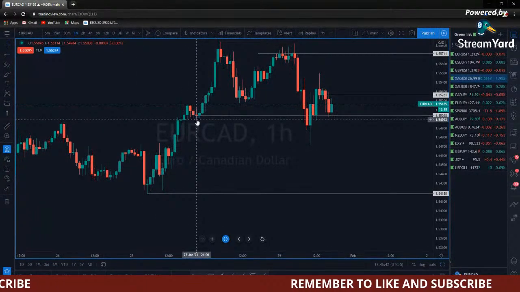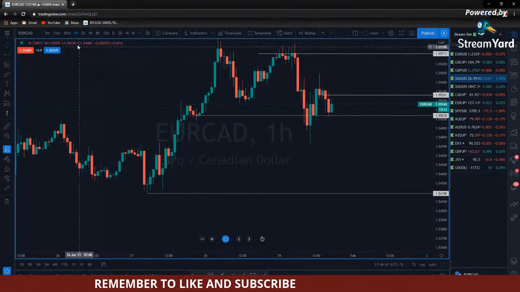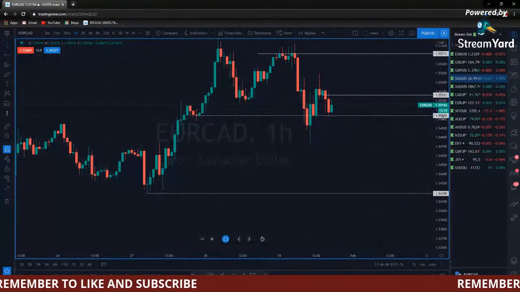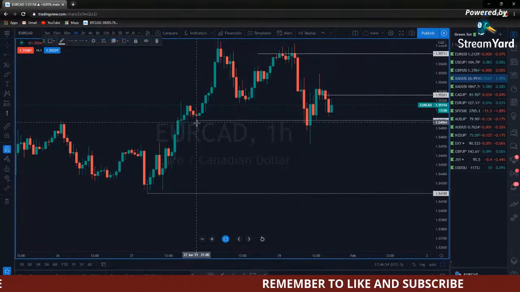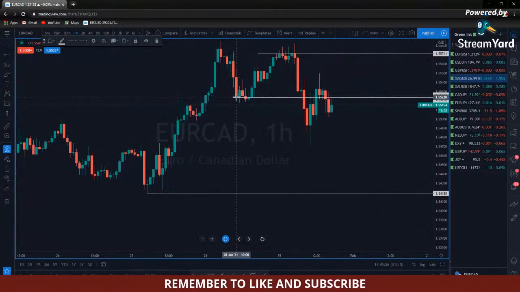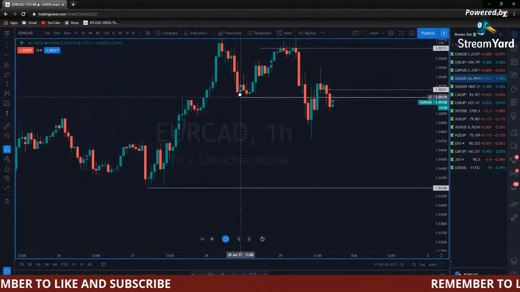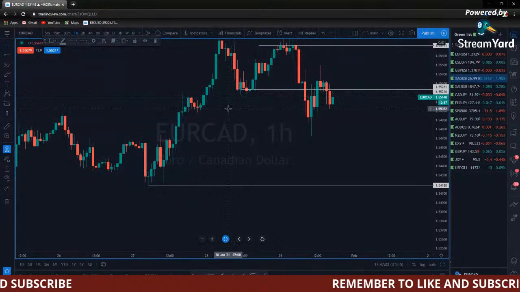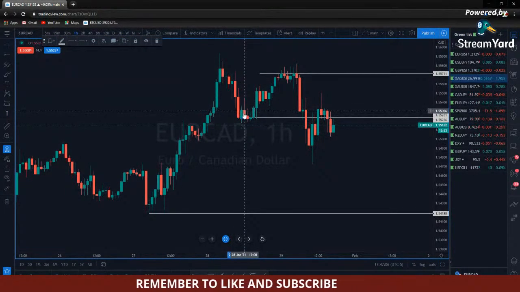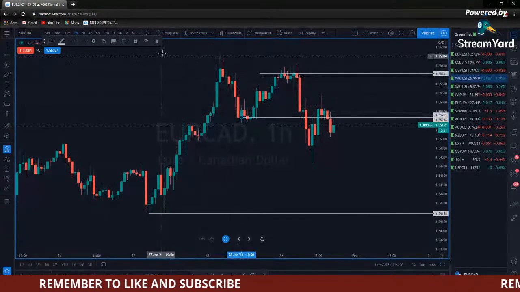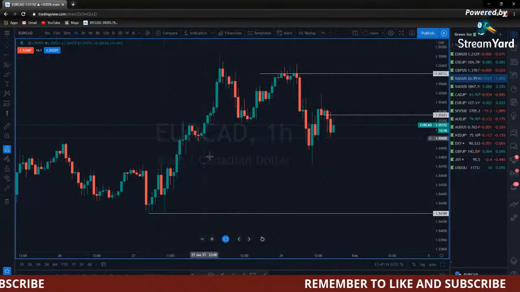For instance, this candle closed at 1.55038, and I'm looking at it up here. And then if I go over here and look right here, you can see that that is 1.55038. So if you use that magnet tool and you just basically let go of it, it'll snap it to either the wick or the body for you, like that. And I always use the candle bodies, the high end of the body or the low end of the body, to use as support and resistance, because in my experience, that works better than wicks.